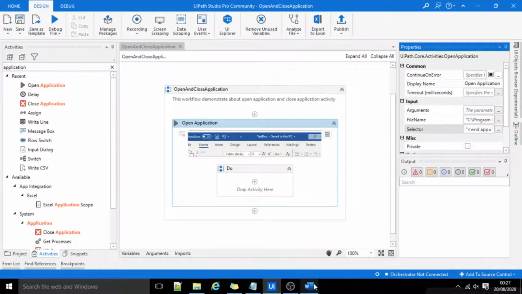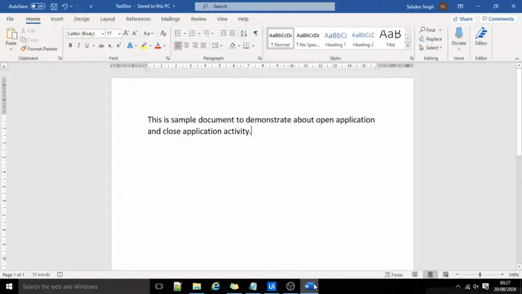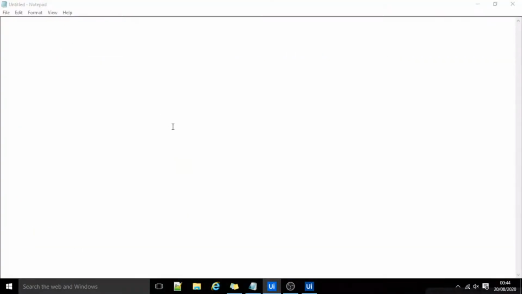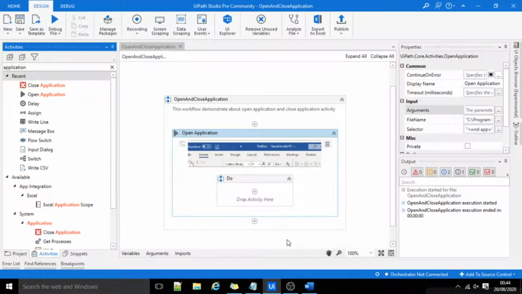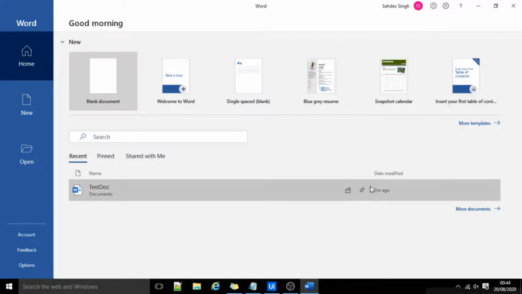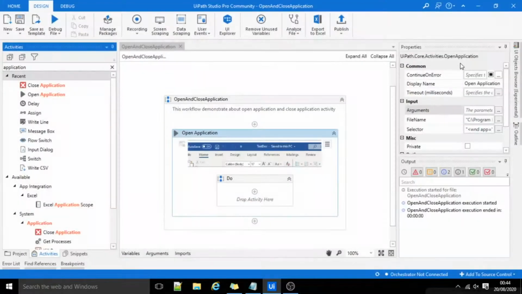Now I'll close my Word document. Now I'll execute this. It has opened the Word application, but it has not opened the document that we have created. For that, we need to make one more change.